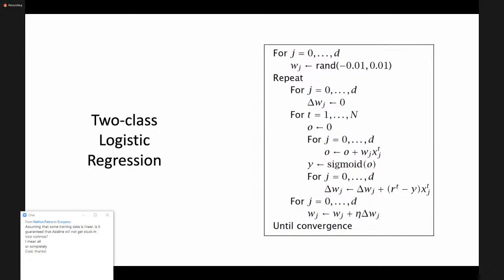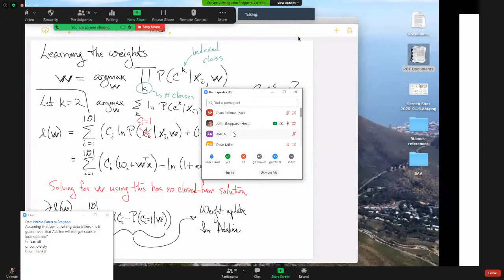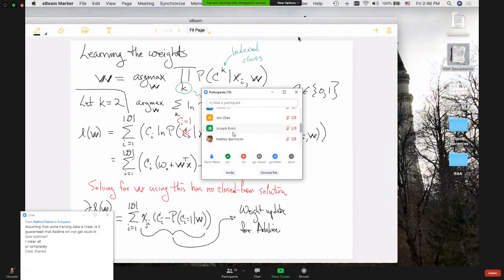When we exit that loop where we've considered all of the data, then we have this other for loop where we're going through and updating all of the weights by multiplying that sum of adjustments times eta. Oftentimes we might want to do the average first, or we make sure that that eta is small enough that the jumps are not too big. That's the entire algorithm. And in fact, if you relate it back to the way Adeline worked, Adeline followed pretty much the same process. Are there any questions about two-class logistic regression?